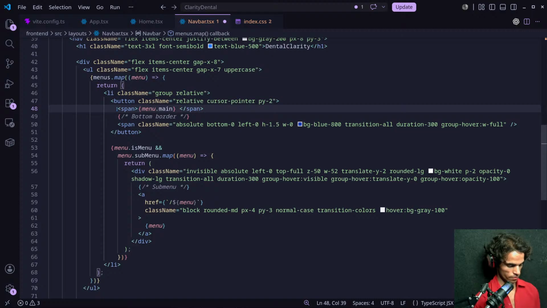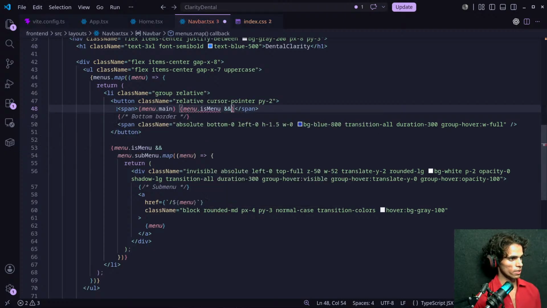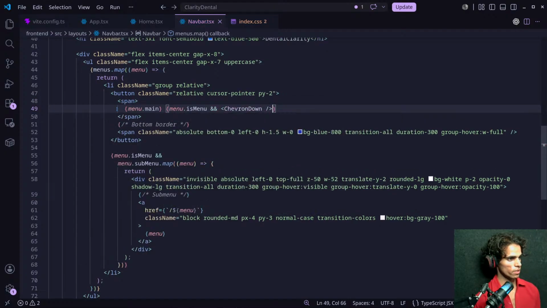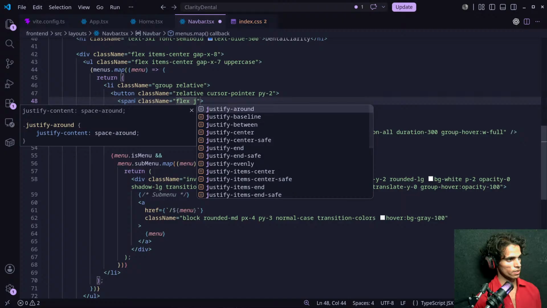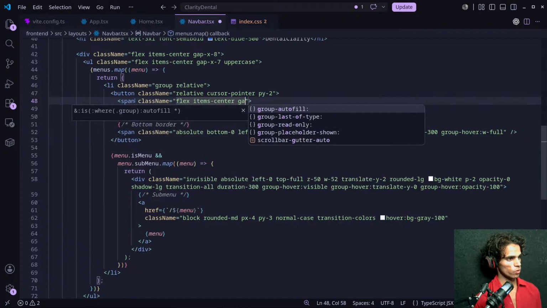And if menu is menu, then I'm going to show this. And its styling will be className. I'll give it flex and items-center. Okay, the gap will be 1.